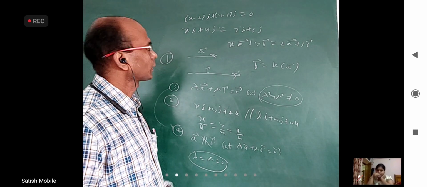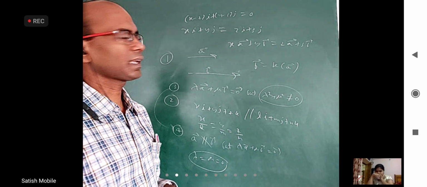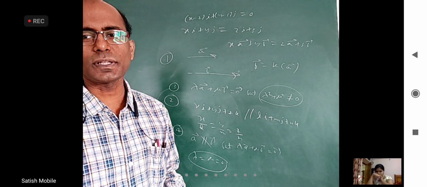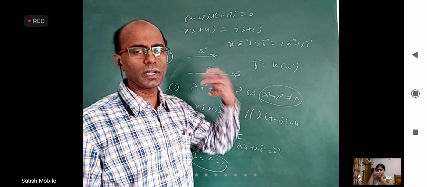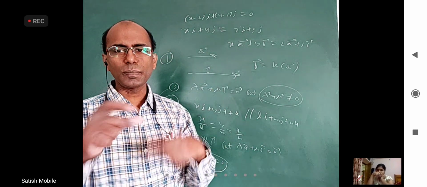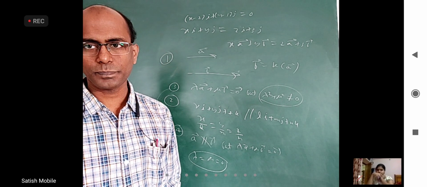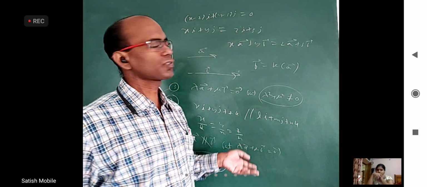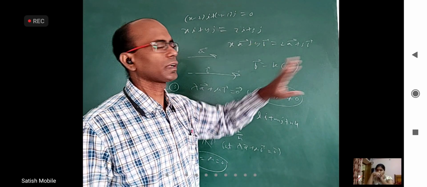Now coming to this, x a bar plus y b bar equal to 2a bar plus 3b bar. Can I write x equal to 2 and y equal to 3? Yes, I can write it, provided somebody tells me that a and b are not parallel. Yesterday I gave you an example, take a bar equal to 3i and b bar equal to 5i. You substitute and see, you will realize many combinations of x and y are there. But I gave the example of parallel vectors. If you take two vectors which are not parallel, you compare coefficients, you do whatever you want by the proper method, you will get x equal to 2 and y equal to 3.